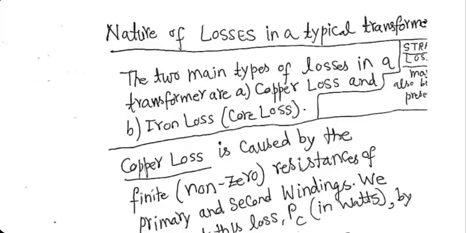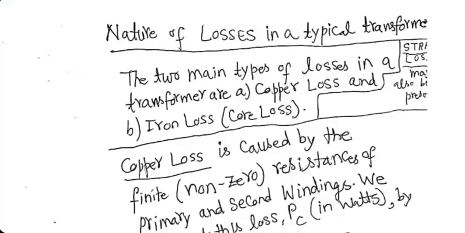Eddy currents are the local currents produced in the core that take power away from the input power. And hysteresis is the behavior of the material of the core when flux goes from one direction to another and comes back. I'm sure you know the word hysteresis. It was taught to you, I'm sure, in physics courses. We will not go into material science here. We will simply take what we need. Equations have been derived by people, which we can directly use to figure out these losses.